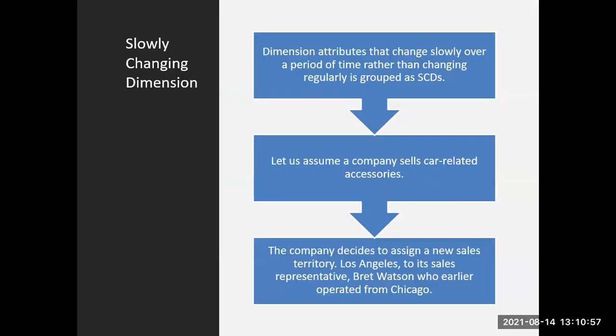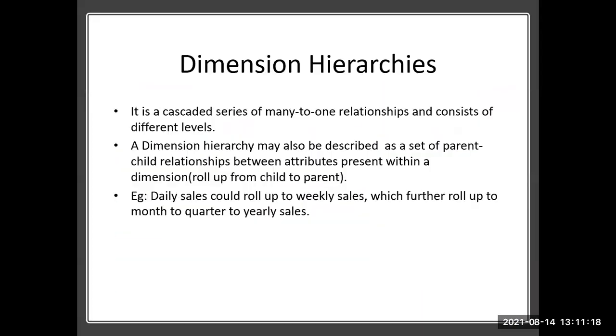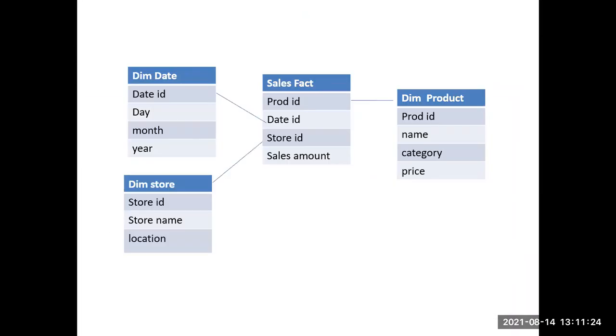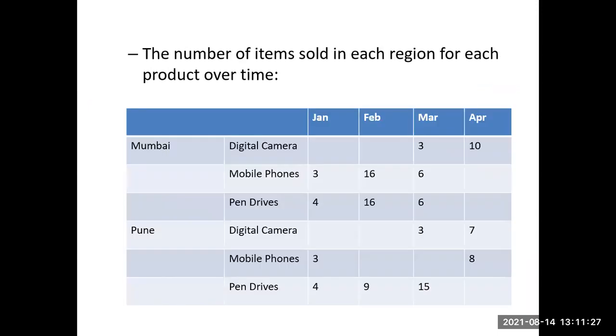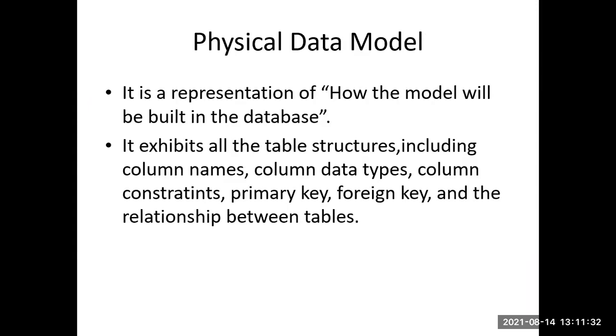Then we had come to another type of model. It was the physical model here. In that physical model, we had discussed how the table will get created, and what the relationships between them are. So the main focus was, once we have understood the structure, the schema of this business, then we can find out what the attributes will be, what the relationships will be here. Let me go back and let you know what exactly it was. Yes, here is the physical model.